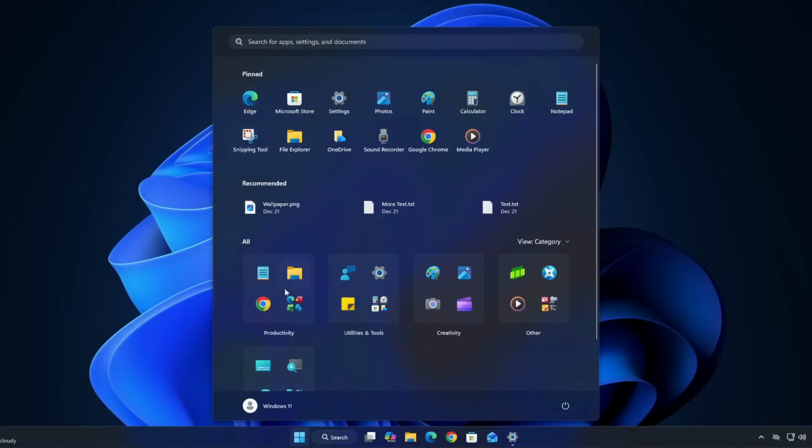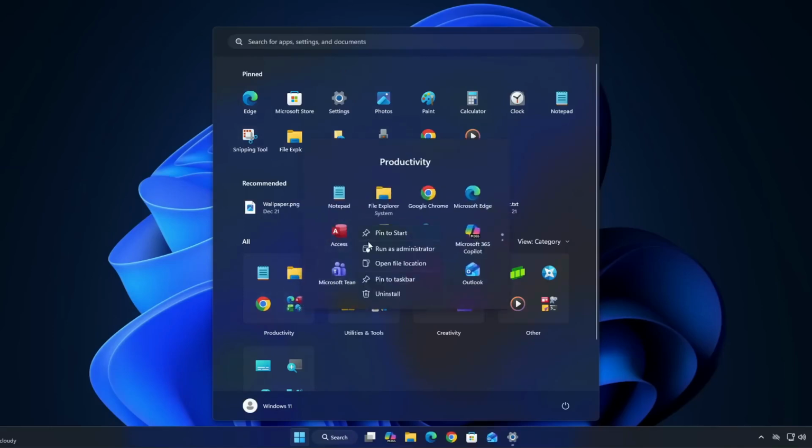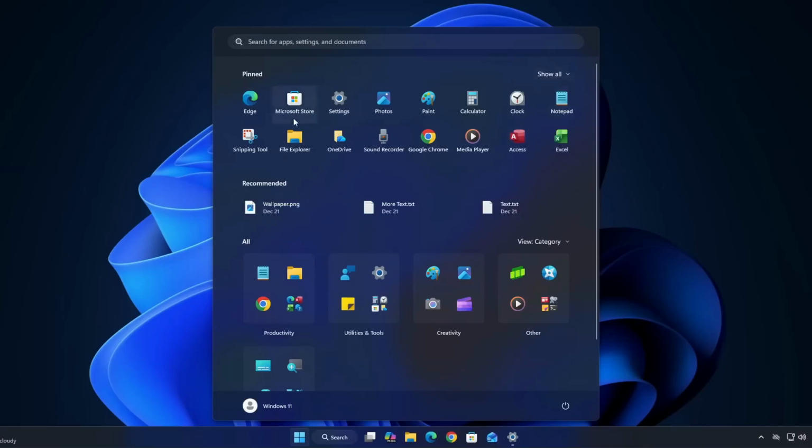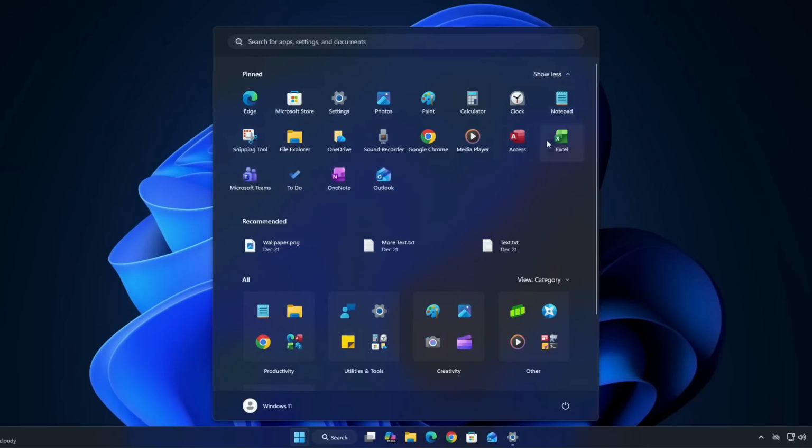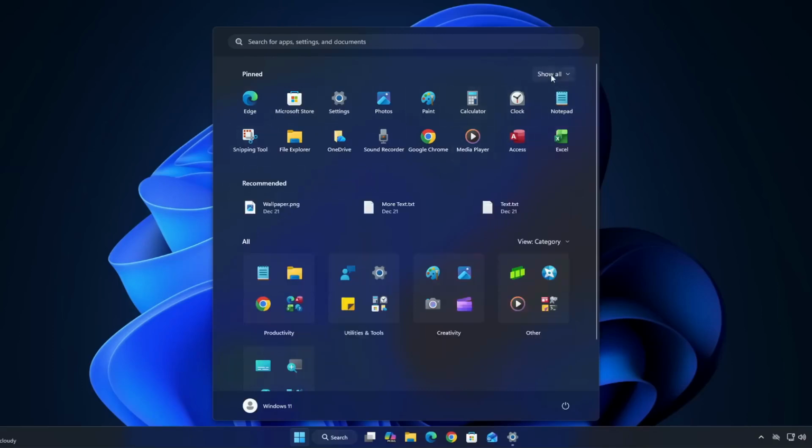There are some limitations to the Pinned Apps section in the new Start menu. Pinned apps are now restricted to 2 rows, so if you add more apps, you need to click Show All to view the additional items. While this keeps the interface compact, it can be inconvenient for users who rely on having all frequently used apps